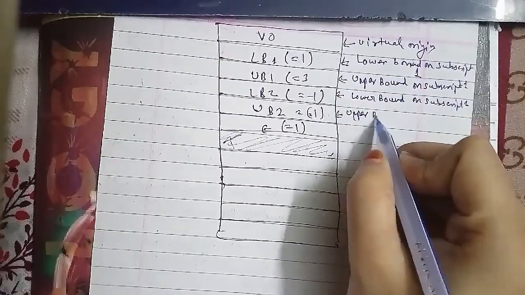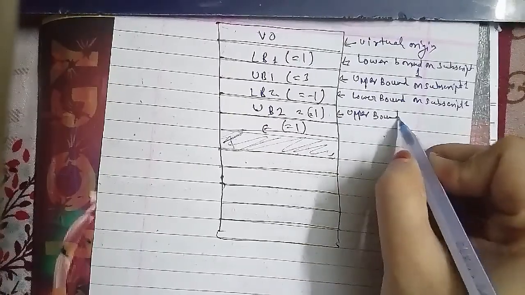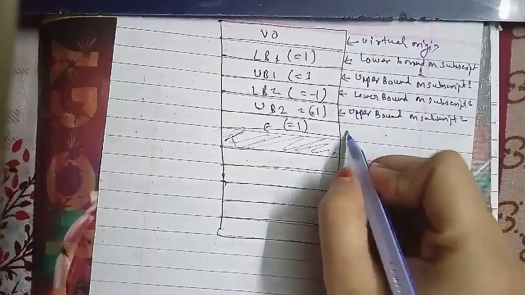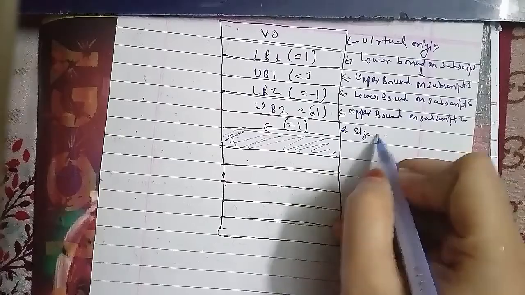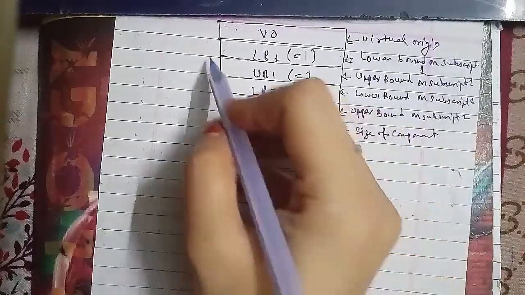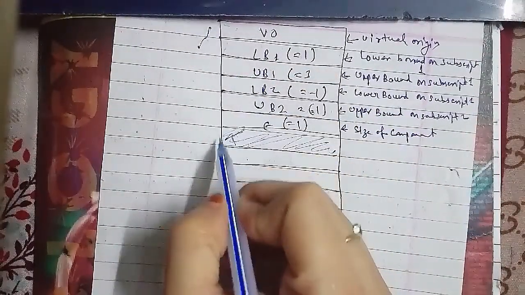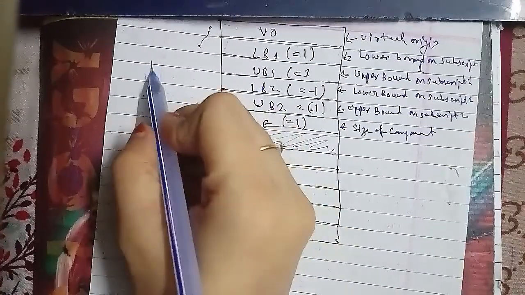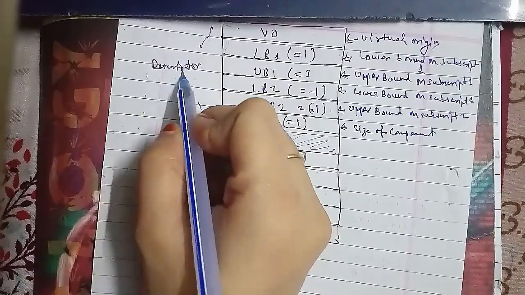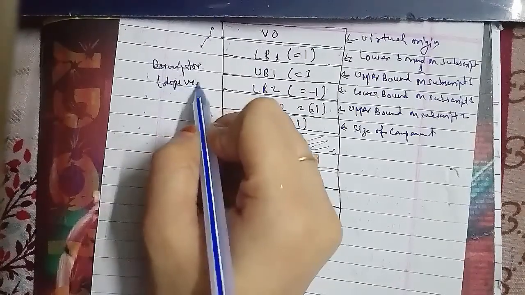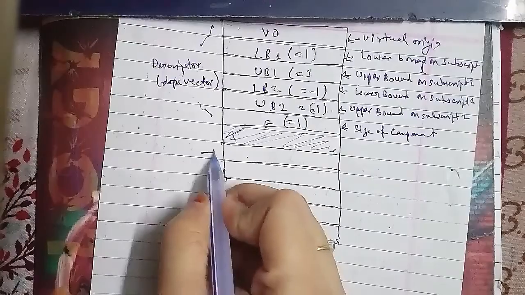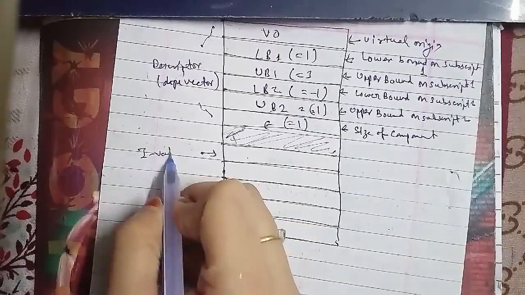In this, from VO till E1, that comes under the initial part, and that is known as the descriptor or a dope vector. And now we have another one, that is your I value of m, and from here till the last one, that comes under what is known as the storage representation for components,